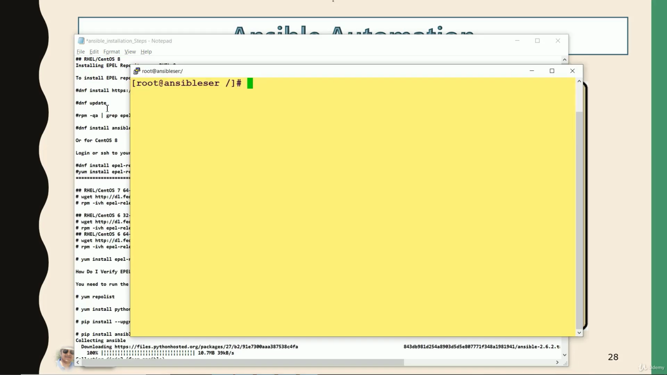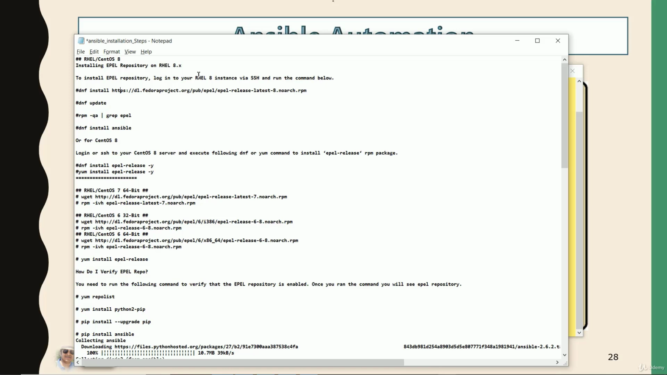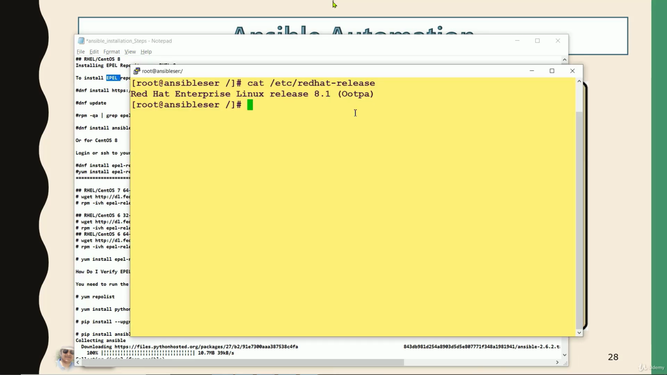So we have RHEL 8, this one, and I'm going to do the installation of Ansible on Red Hat Enterprise Linux 8. So very first step, I have to enable the EPEL repository, because your Ansible package is coming in the extra repositories. So first of all, I'm going inside this one,